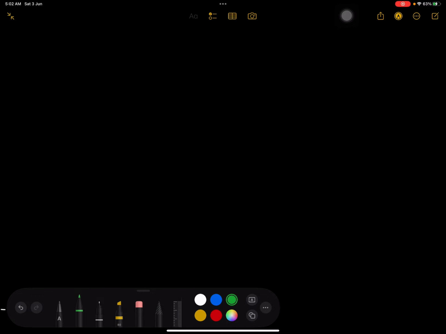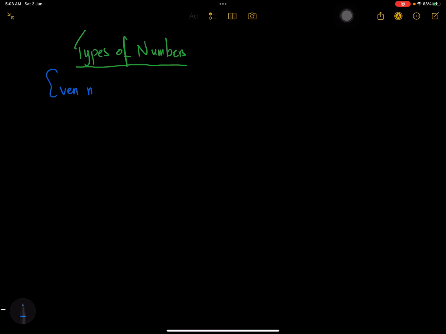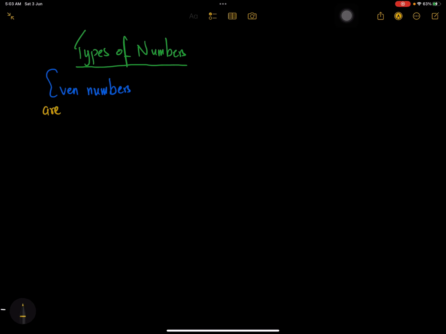Today, I would like us to look at fractions. But before we do that, I would like us to quickly look at certain types of numbers. We have what we call even numbers. I believe that these are numbers